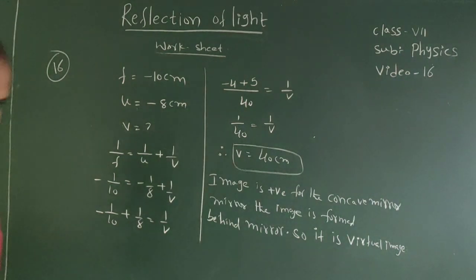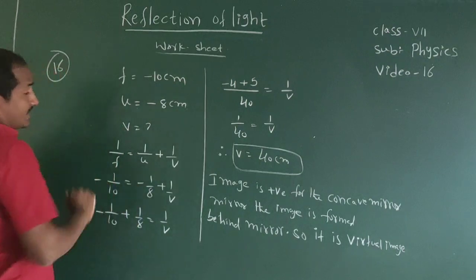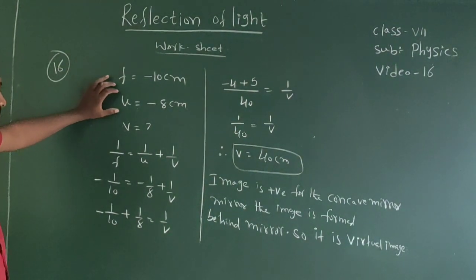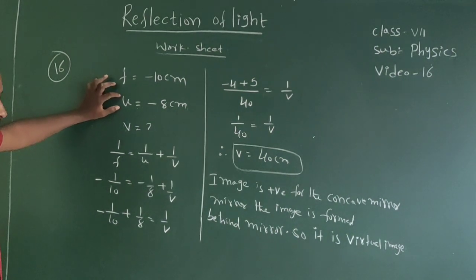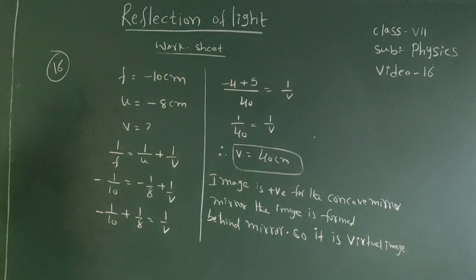Okay, now it is a solution for the given problem. Listen once again. Here focal length is given. Listen carefully, Amma. Focal length, for concave, the mirror is concave. That's why here focal length is negative. Object distance also negative. But here finally we got positive value, means it is a virtual image.